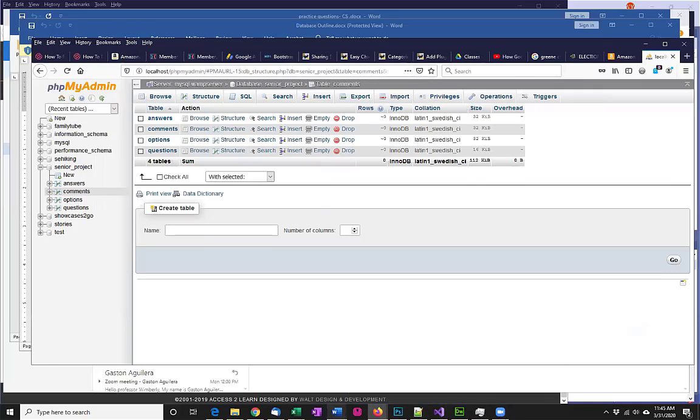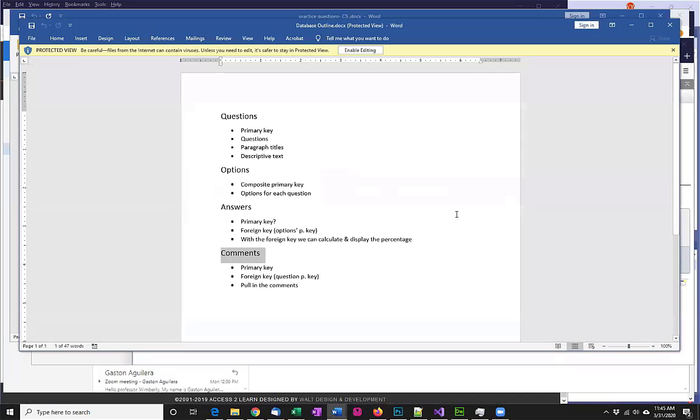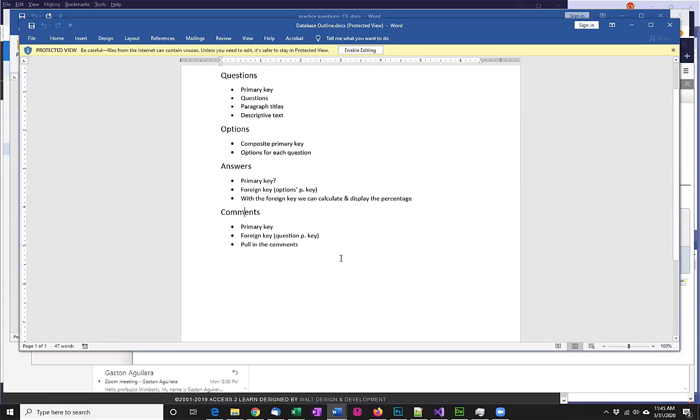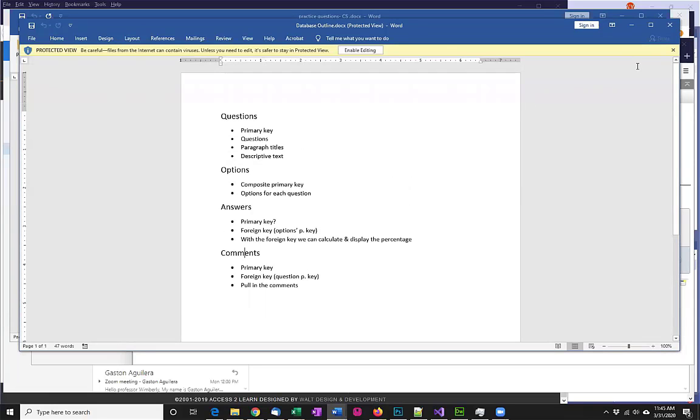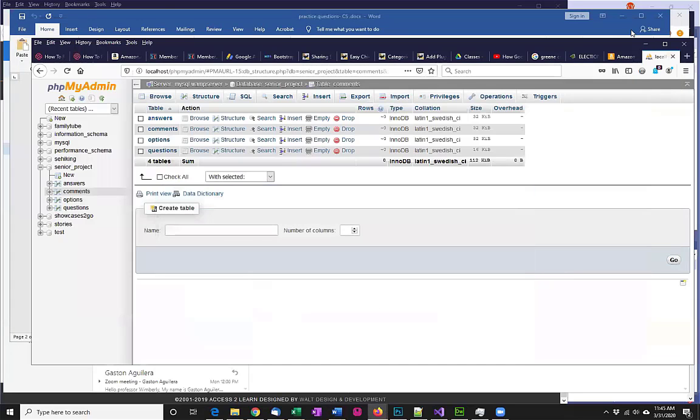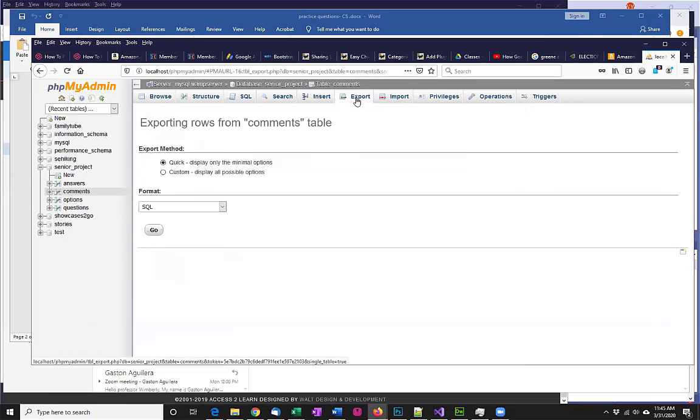Let's double check our document. We have questions, we have options, we have answers, and we have the comments. And you had a couple other things initially, but we're able to put those into the existing tables, and we removed one. So I think that's good. I think that's the 4 tables you're looking for with all the structure and information like that. Yeah. Okay. So now the question is,